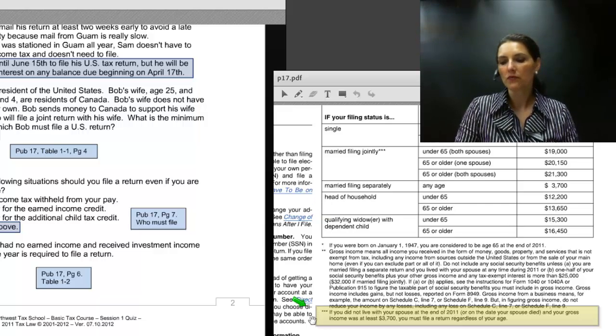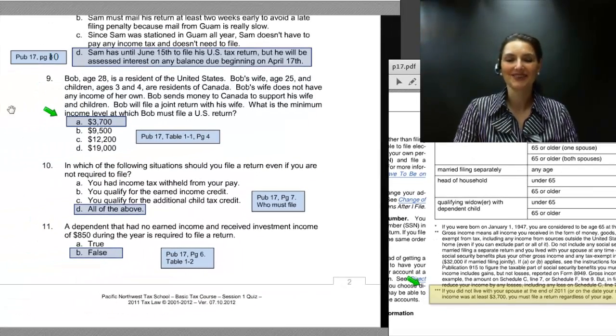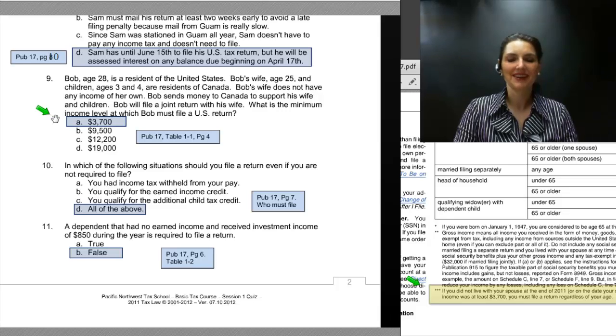If you did not live with your spouse at the end of 2011 or on the date your spouse died, and your gross income was at least $3,700, you must file a tax return regardless of your age. So that is where we got the answer to question number 9, $3,700. Number 10,